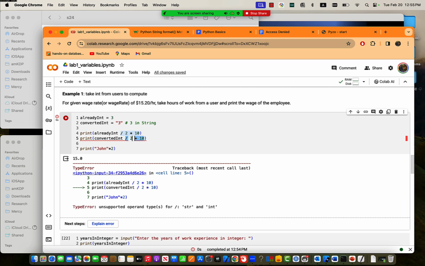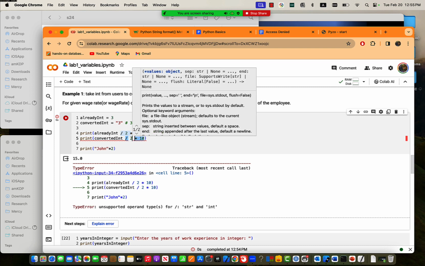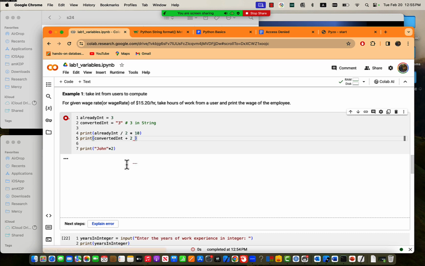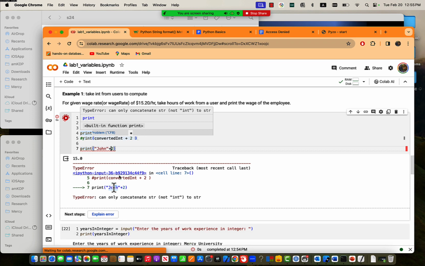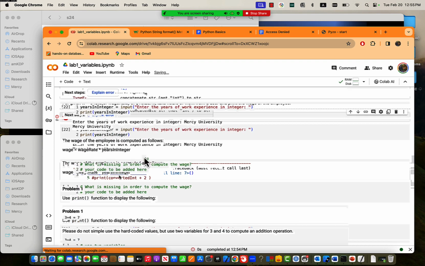So plus 2, even not, this doesn't make sense, right? If I do plus 2 here, this doesn't make sense. Remember that here, pound sign, therefore this is not evaluated, like a comment. All right? So back here,